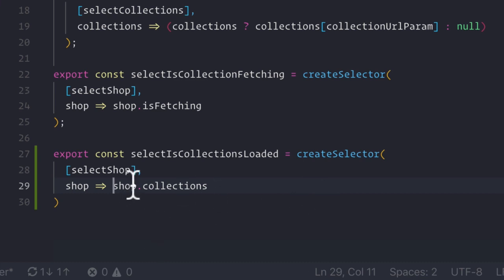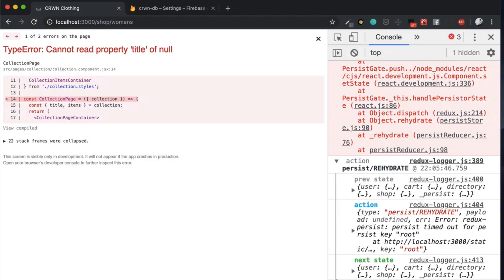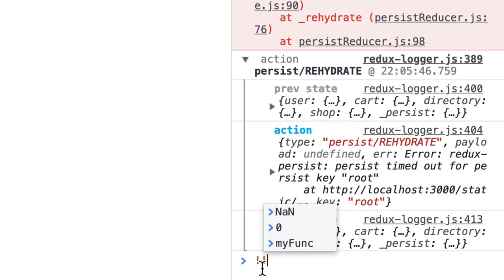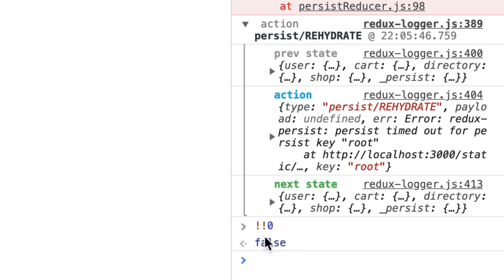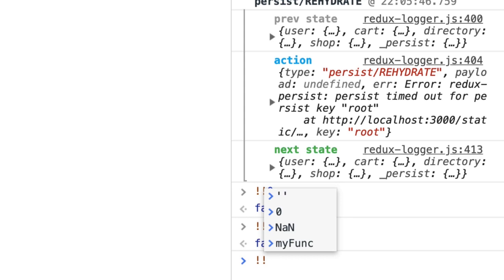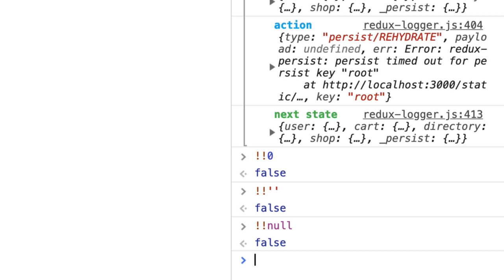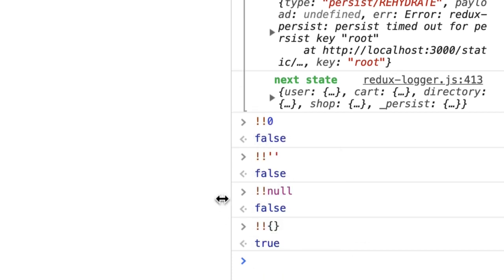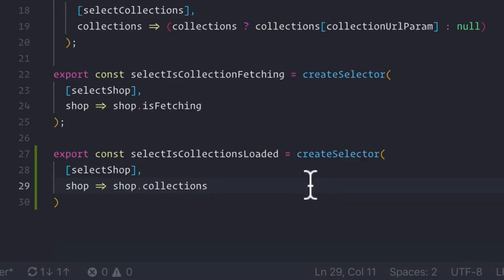So I'm going to show you a shorthand of converting a value to a truthy or falsy Boolean value. It's actually using the double bang if you've never seen this before. If you call a double bang on any falsy value, such as 0, you will get the actual Boolean value. This also works for empty strings and anything else that evaluates to false, including null. Now, we know that if we do any kind of object, including an empty object, we'll get true. So if our collections is loaded, we'll get true, otherwise we'll get false, which is what we want to return